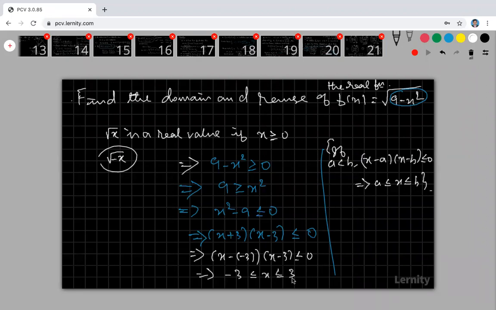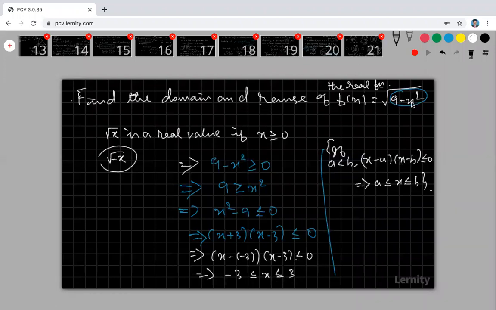Sir, I wish to apply 4, sir. More than this, 4. Apply here, what happened? 9 minus 4 square, 9 minus 16, you will get minus 7. Root of minus 7 is not a real value, function not defined. Function is a real function. So therefore, you can apply at the maximum of x is equal to 3.